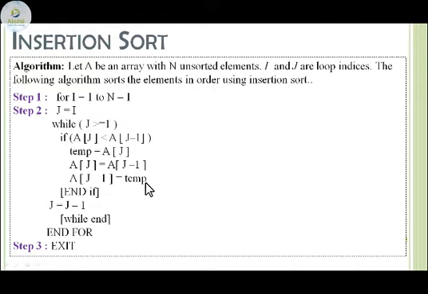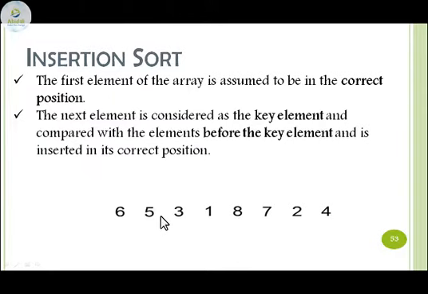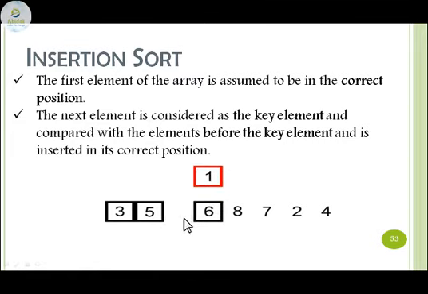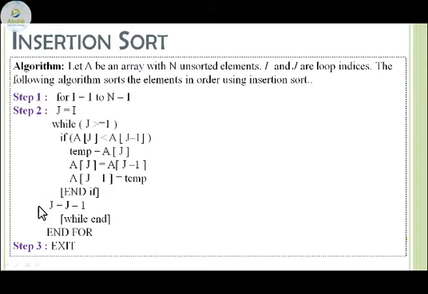Now each time we take up an element, it should be compared with the previous values also. For that sake, we do j is equal to j minus 1. I will show you where it is. Now 3 is taken as key, it should be compared with 6, then moved, compared with 5, then moved, and then it will happen here. Then 1 is taken, and 1 should be compared each time. So it moves past 6, past 5, past 3, that means the index value is decreasing. That decrease is shown by j is equal to j minus 1.